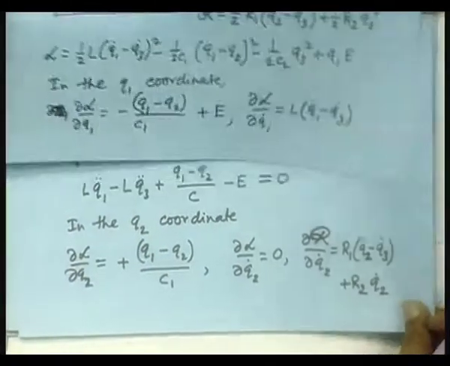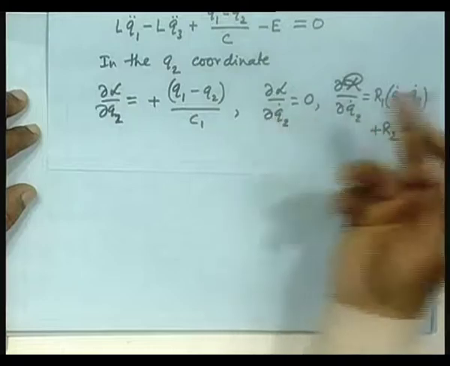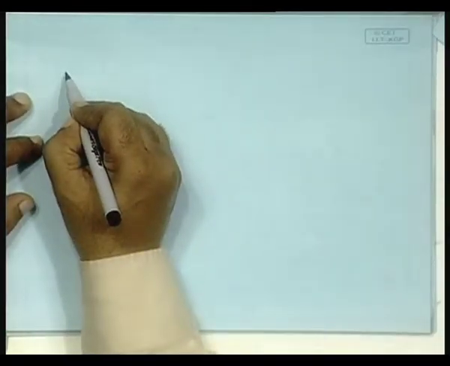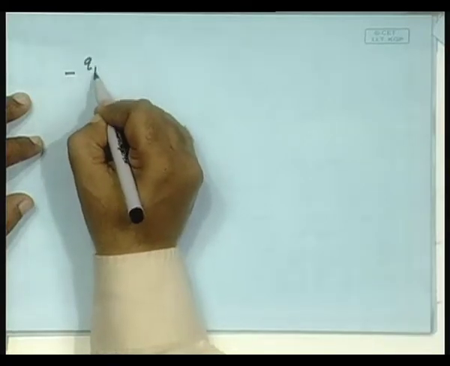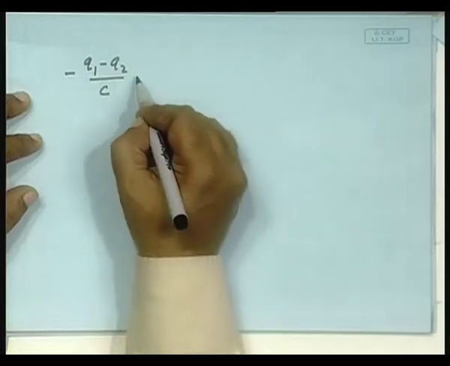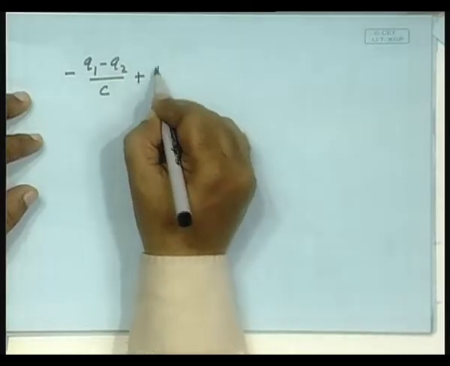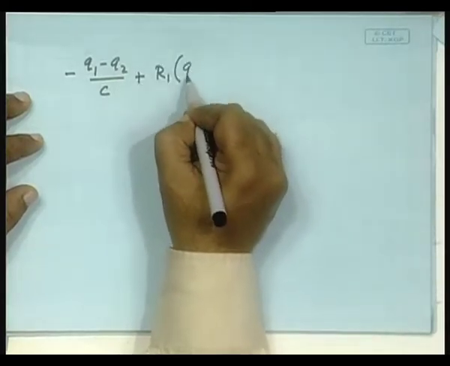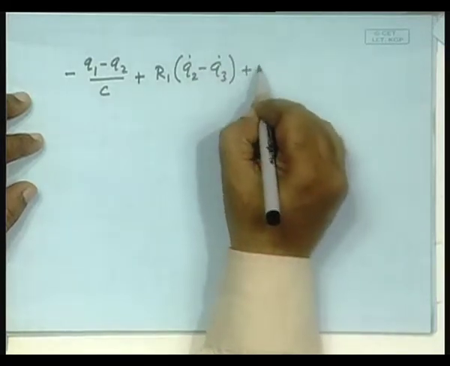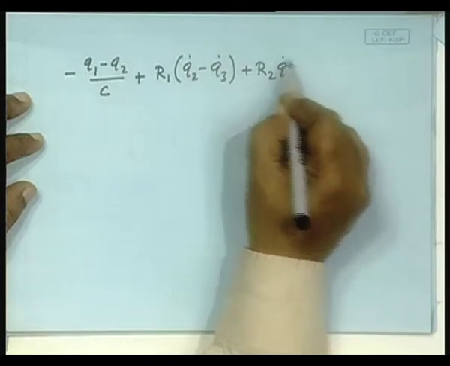Now if you write down the equation, it will take the form: this is 0, therefore d/dt of this does not exist. So you will have minus of (q1 minus q2) by C, plus R1 (q2 dot minus q3 dot) plus R2 q2 dot equal to 0,